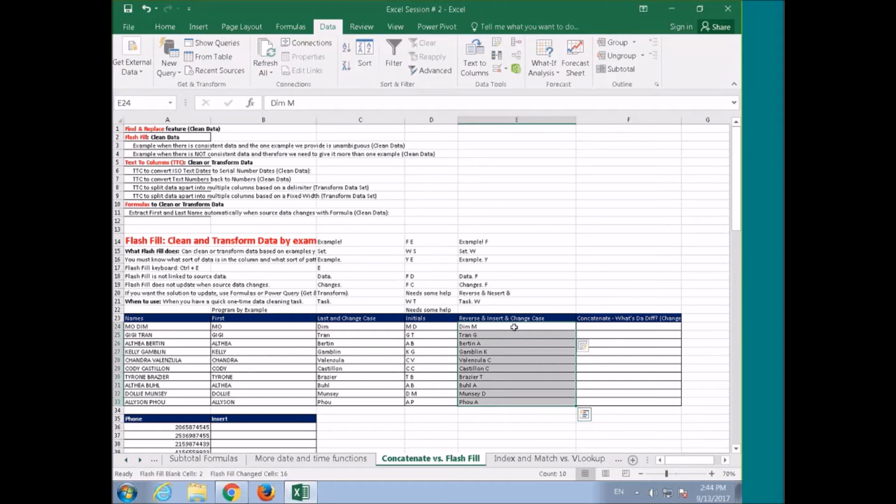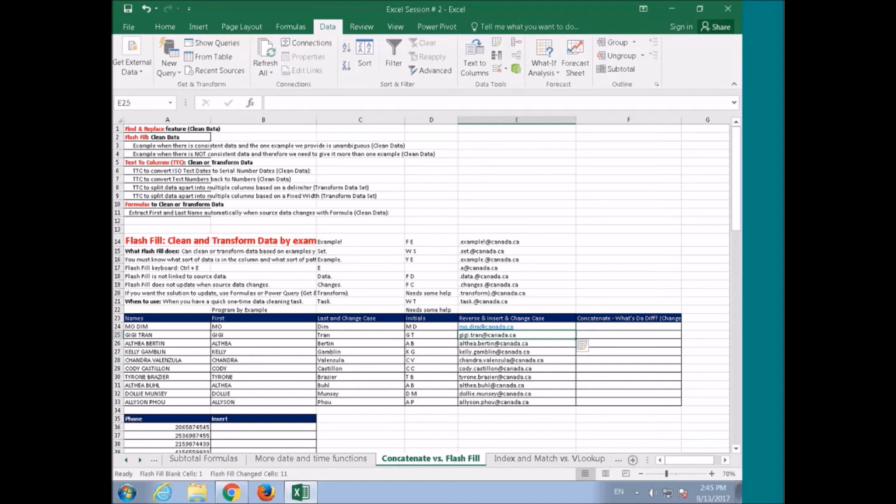Let me give you another example that I'm sure many of you in the public sector have had to do, and that's build an email list. If you've been in the ETI anywhere in Canada, you've had to create a bunch of emails. Well, here's a very easy way. Let's say we go first name, last name at canada.ca. Well, I would say first name dot last name at canada.ca, press enter, and then go and flash fill, and it would automatically create all of those for me very,